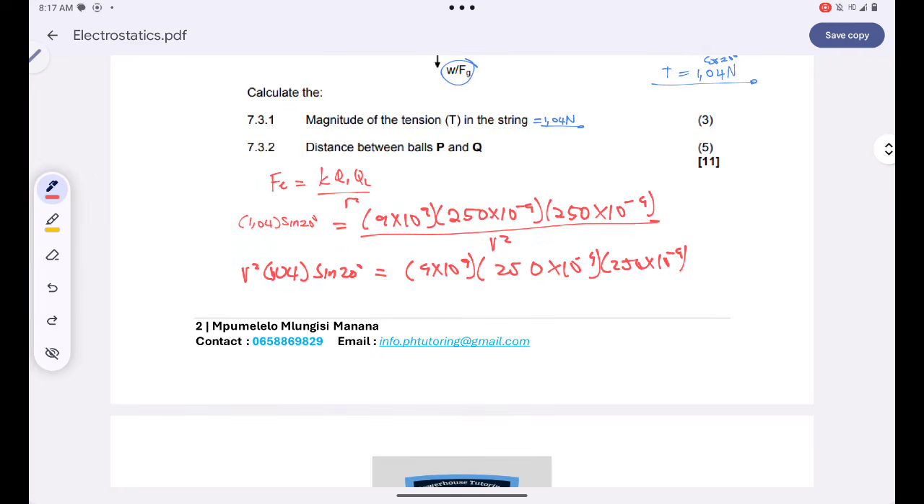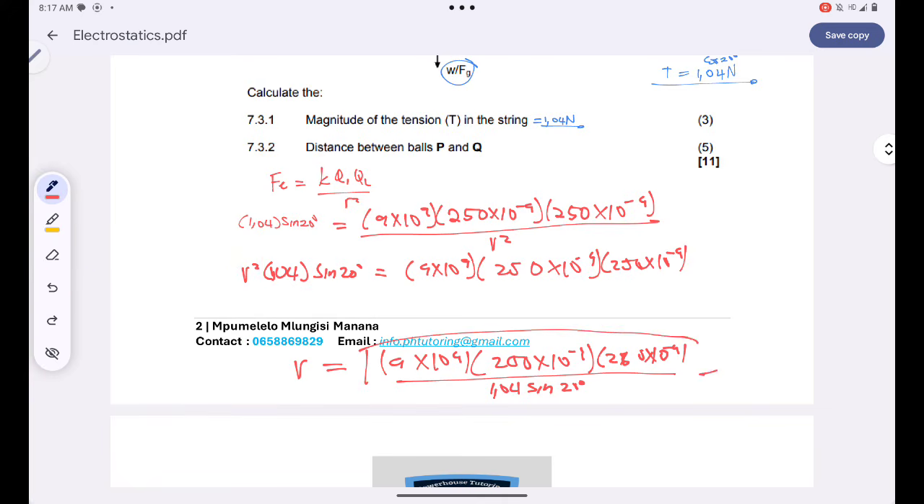And hence R squared will be equal to 9 times 10 to the power 9 times 250 times 10 to the power negative 9, another 250 times 10 to the negative 9, all over 1.04 sine 20 degrees. But remember that, guys, I had R squared. So for me to find R, I must put a square root on both sides. So therefore R is simply equal to